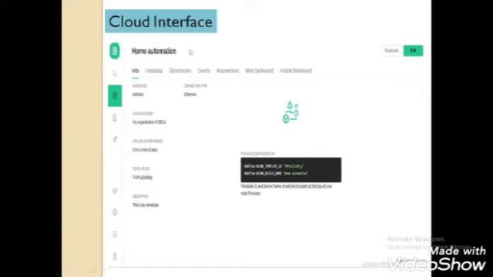This is the name of my project, that is Home Automation. Hardware I am using is Arduino. Connection type, as I said before, Ethernet. And this is my template ID that is created automatically when we create this Home Automation page.